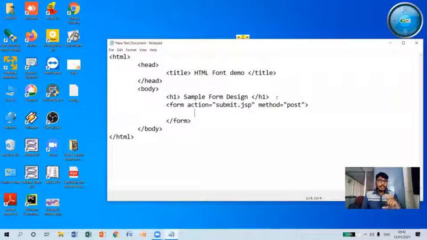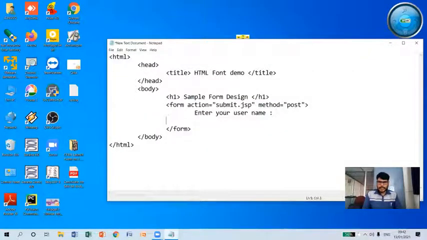And within this form tag, now I need to accept some input from the user. Assume that I'm going to accept username, password, and address. So for that, I'm going to write here, enter your username, and after this I will put a colon here and press enter.